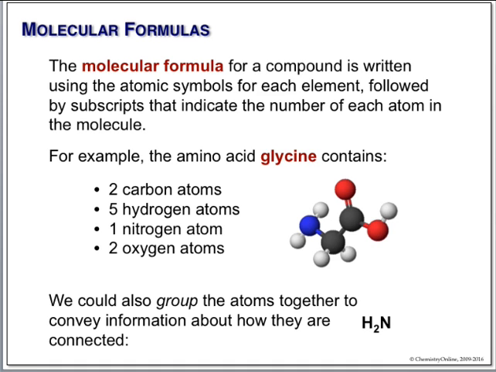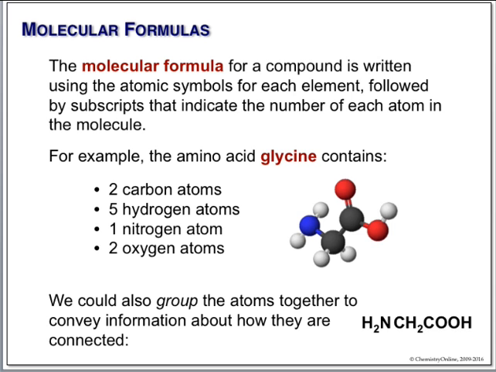Let's start at this end of the molecule. This is a nitrogen with 2 hydrogens. So we would start with an H2. This is bonded to a carbon with 2 hydrogens. So we put in a CH2. This is now bonded to a carbon with 2 oxygens and a hydrogen. We write that simply as COOH. So this tells us more about our molecule.